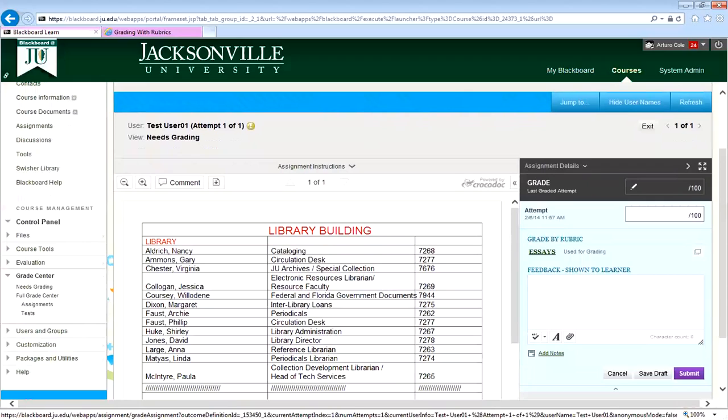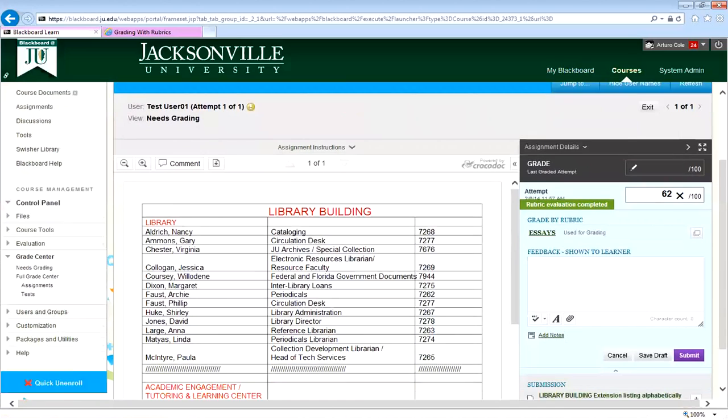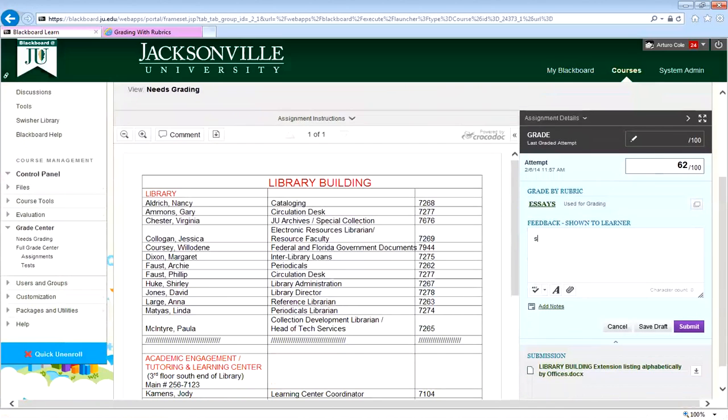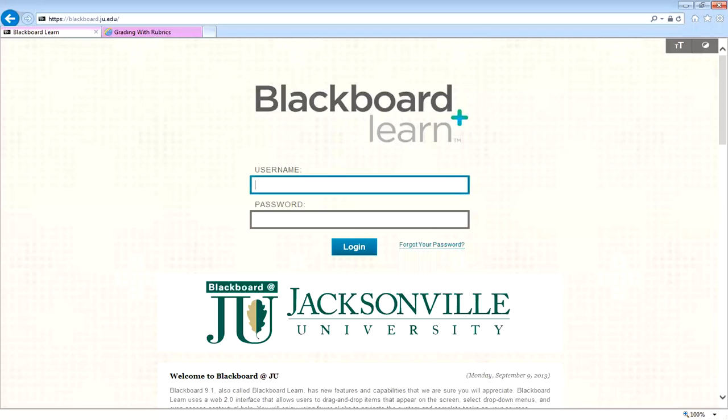Grammar, okay, bad grammar. Well organized, etc. Right? I just submit it, and the grade is going to be. I can also leave more feedback for the student. I submit it. I will log out as instructor and log back in